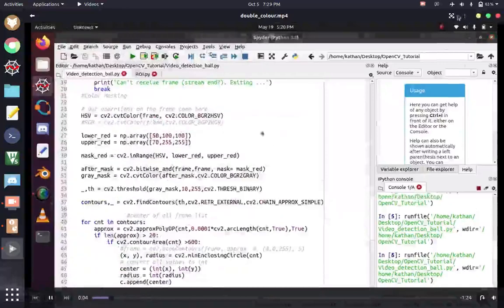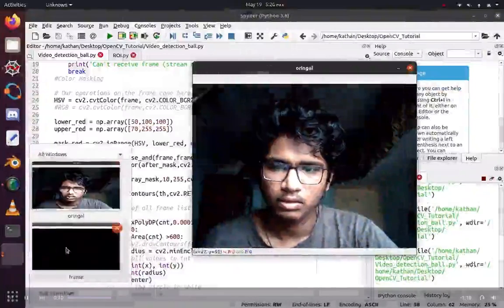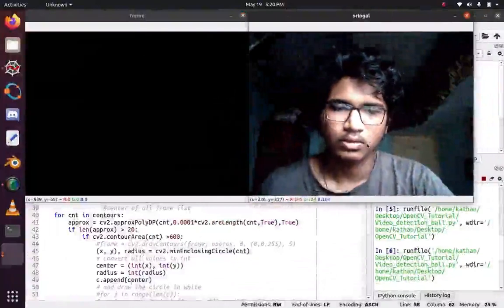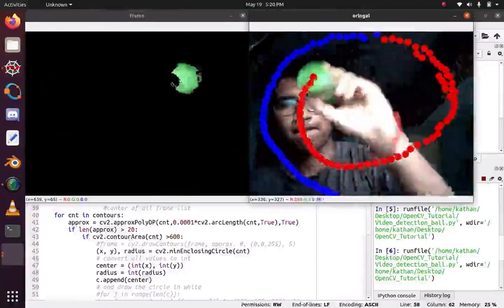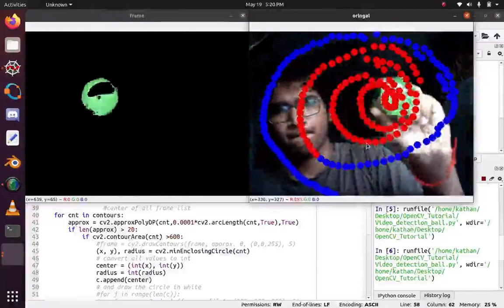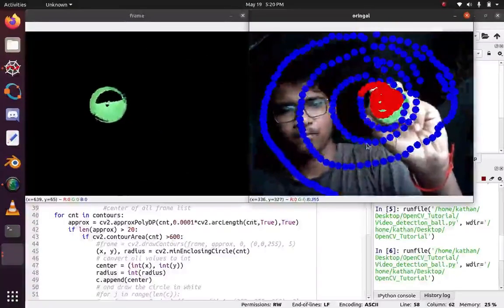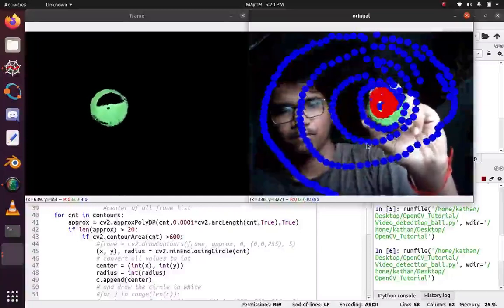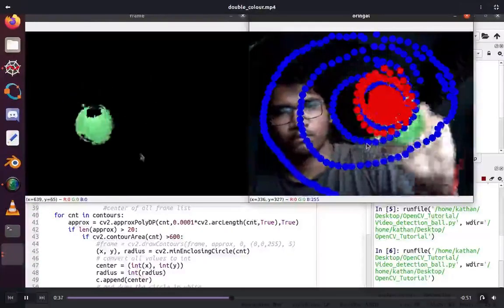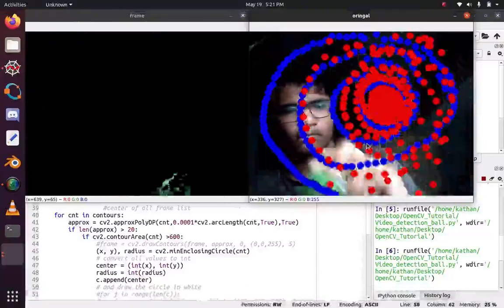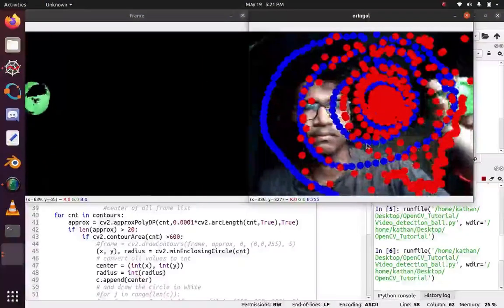So here I am running the program, and I am turning on my webcam. The program automatically turns on my webcam with the use of APIs. So here I am holding my marker and moving it in the air. It is detecting the green color of that marker, and it is plotting the contour centroid on the computer screen. You can see on the left side the green color is extracted. So that's the example of color extraction, meaning color masking.